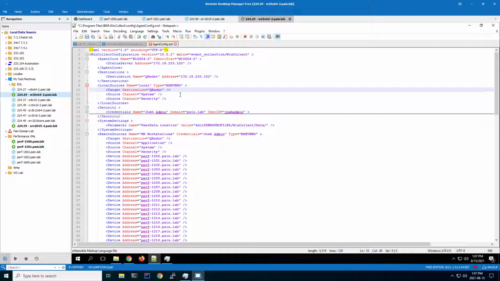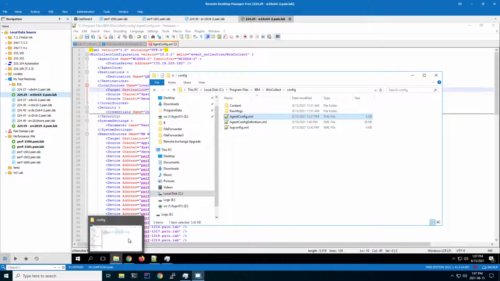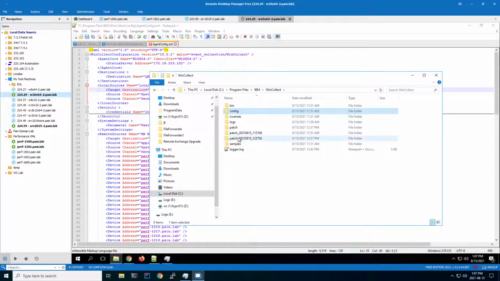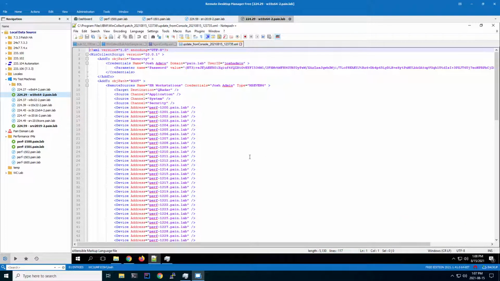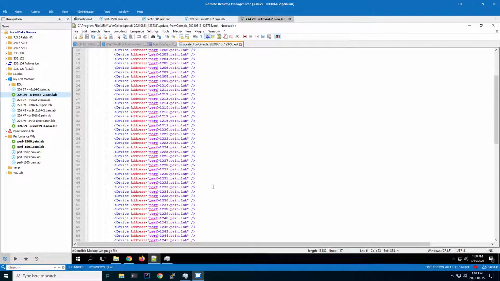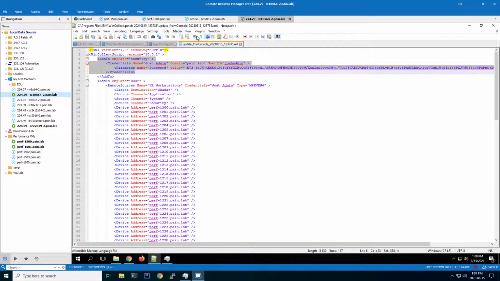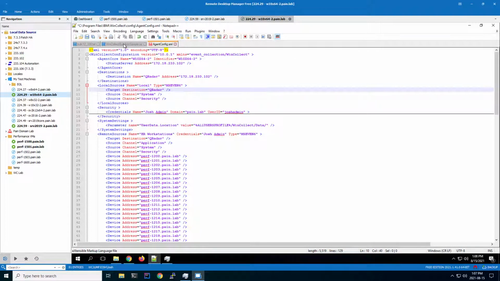The way the console works, behind the scenes, is that it takes a patch file. Inside these patch directories, there's a file called an update script. These update script files are basically the set of instructions of what the agent needs to do. So here, this update script was me going in and adding the new credential set and adding that HR workstation. We can see that this is the update script that was used. And once it processes it,